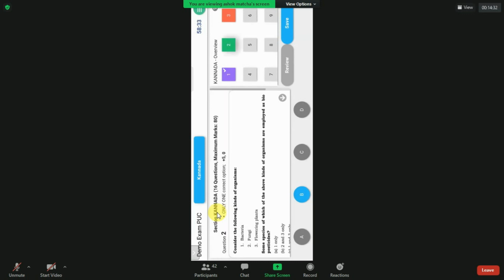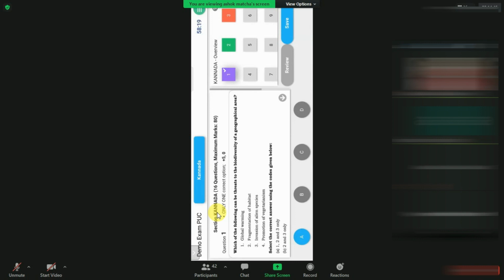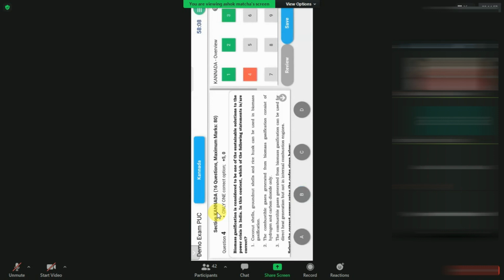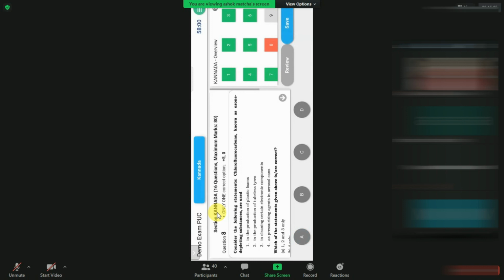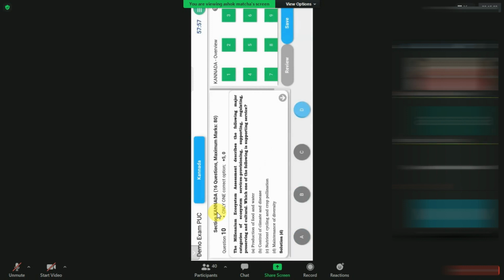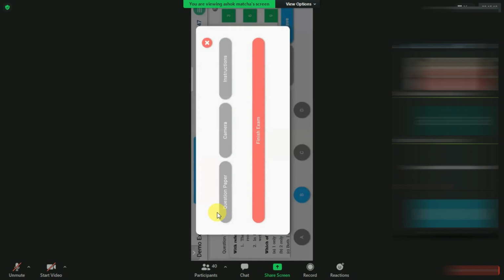So this one, I have already saved it. I do not have any problem with that answer. So when I mark it for review, that means you are not very sure about the answer, so you want to verify it again. So that is the review option, right? After reviewing the answer, you save it. And the third one, the same way. Fourth, fifth, sixth, seventh, eighth, ninth, 10th. So I answered all the questions.